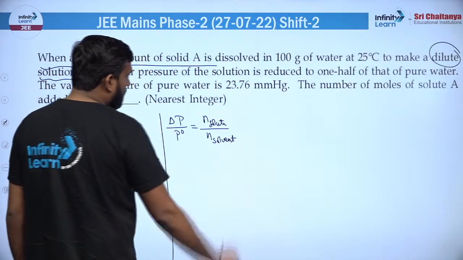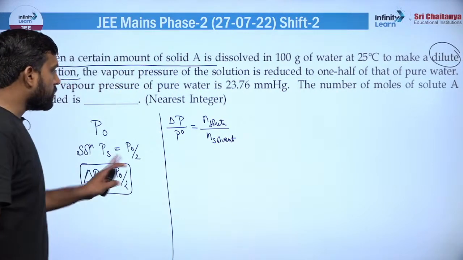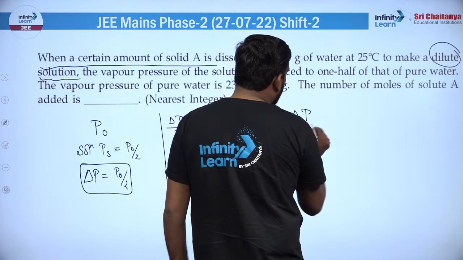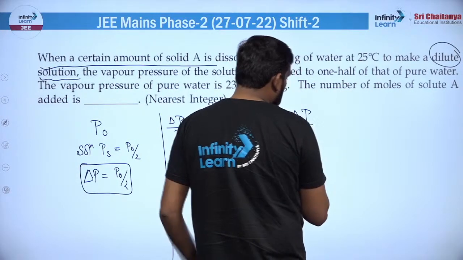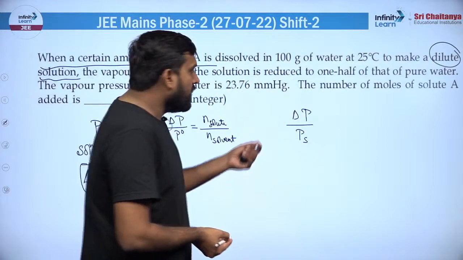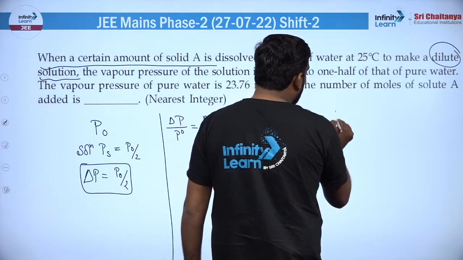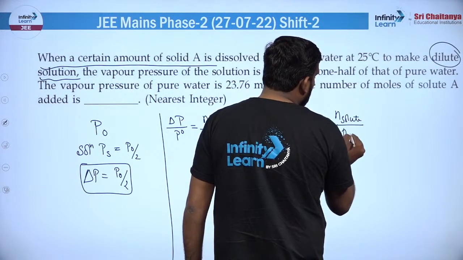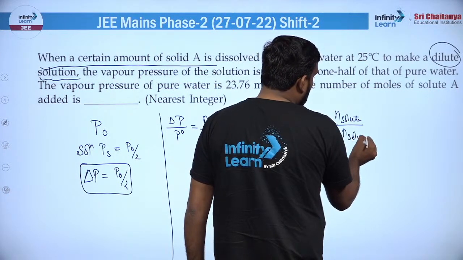ये तरीका है एक, ठीक है। दूसरा तरीका क्या है क्वेश्चन को करने का, दूसरा तरीका यह है कि डेल्टा P बाई आप यहां पर ले लो PS, जो कि आपको पता ही है यही होता है, ठीक है। तो डेल्टा P बाई PS जो होता है वो N ऑफ सोल्यूट अपॉन N ऑफ सॉल्वेंट होता है, ठीक है।